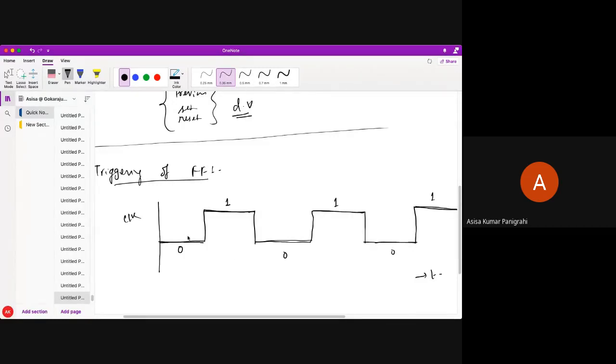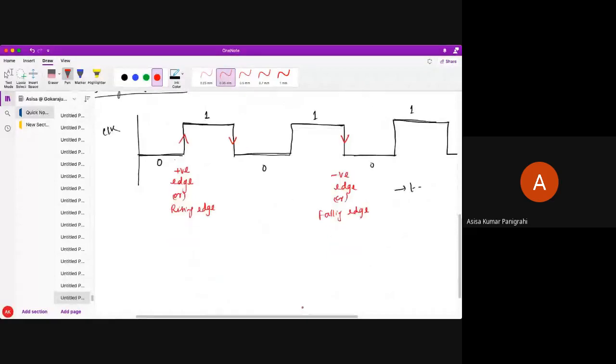Now there is a state transition from level 0 to level 1. Where is it? The state transition is happening over here, from 0 to 1. This is called the positive edge of the clock pulse, or rising edge of the clock pulse. Now there is a state transition from 1 to 0. You can see over here. This 1 to 0 state transition is called the negative edge of the clock, or you can also say falling edge of the clock. Okay, any doubt, students?